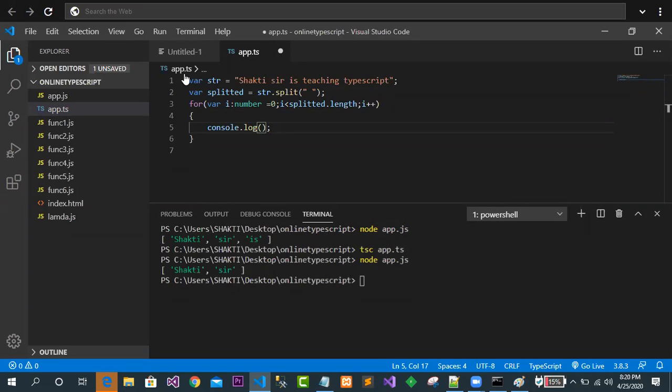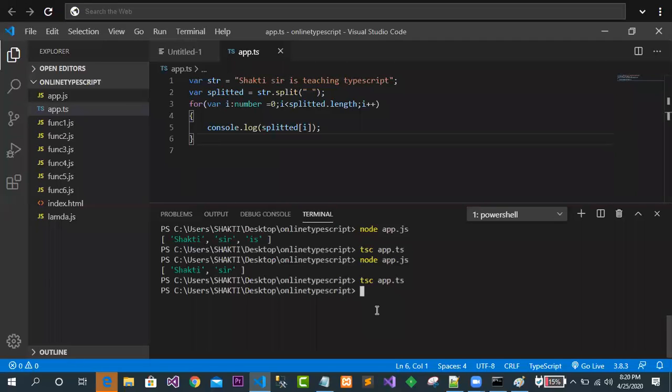Very simple: not i, but splitted of i. Clear? So let me compile the program: tsc app.ts. Now I will run node app.js.